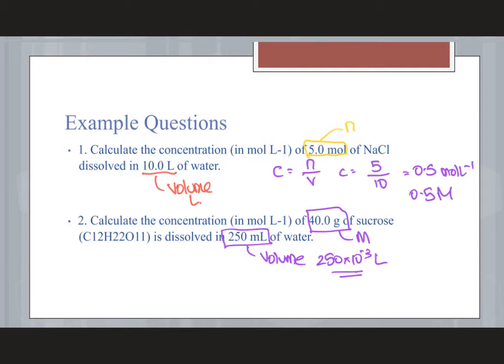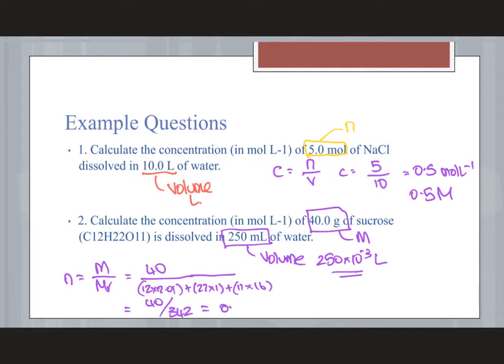Because I have a mass, I'm going to need to work out my number of mole. So number of mole is equal to mass divided by molar mass. I have 40 grams of sucrose, and I then have a formula. So I have C12, so I'm going to have 12 times 12.01 plus 22 times 1 from the hydrogen plus 11 times 16, which is my oxygen. When we do all of that, it's going to be 342 grams per mole. So 40 divided by 342 grams per mole